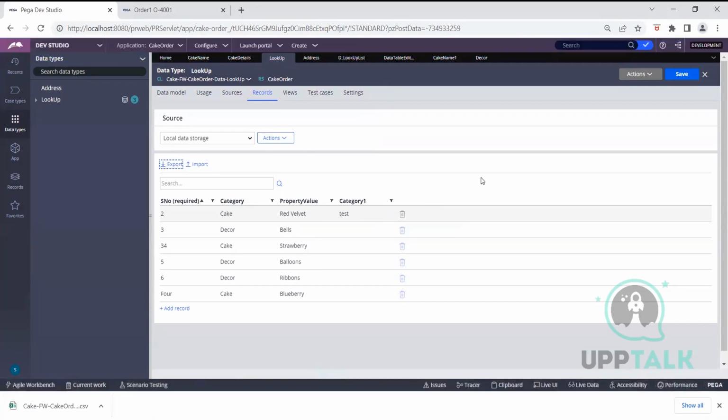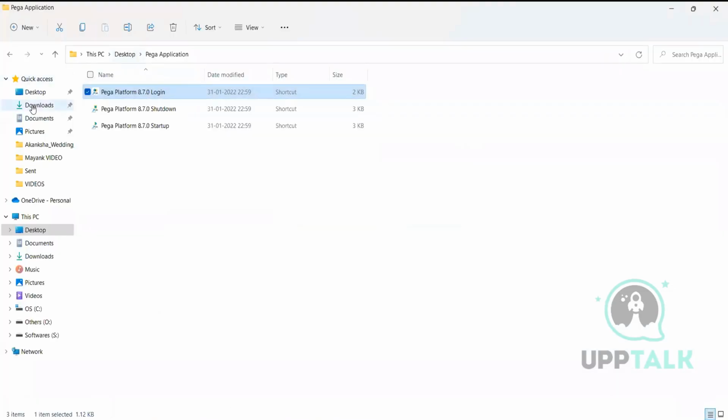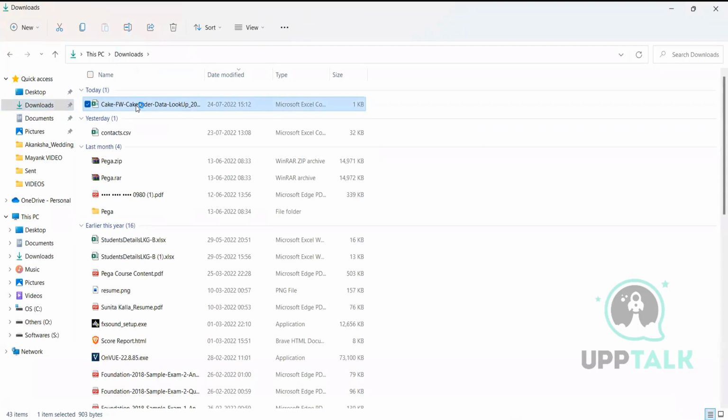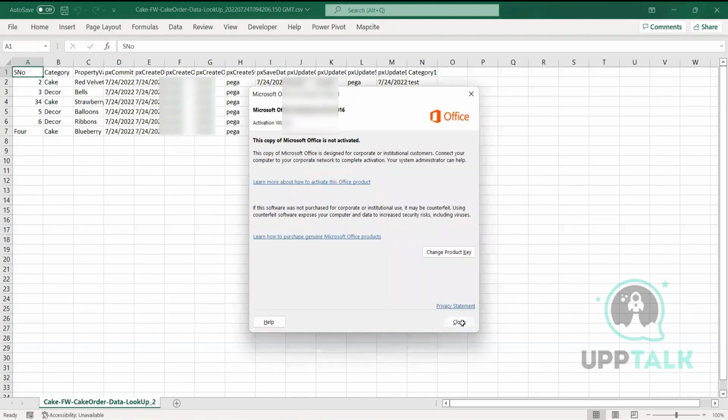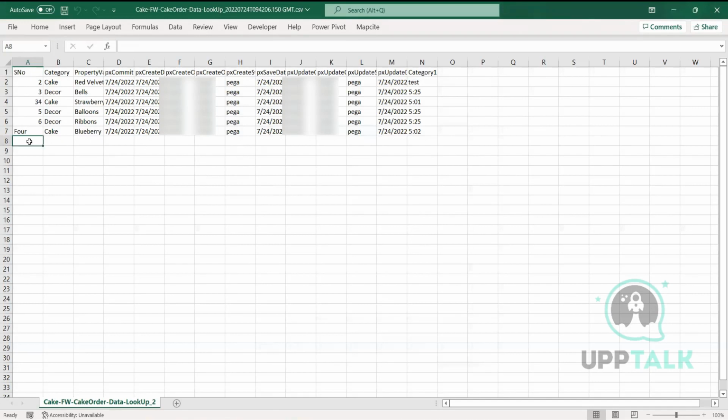We can go to the Excel sheet, I mean the CSV file. You will have the file downloaded. Open this one. It will also show who has created, who has updated, who has modified, at what time, everything. Here also you can add, and again you have to import it. If you have only one or two data elements, you can directly add them there. Or else, if you have some hundreds of records in one Excel sheet,